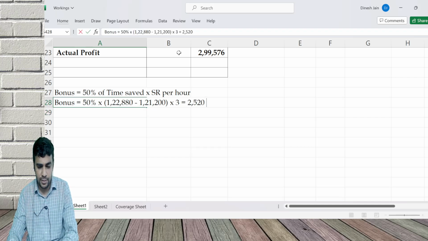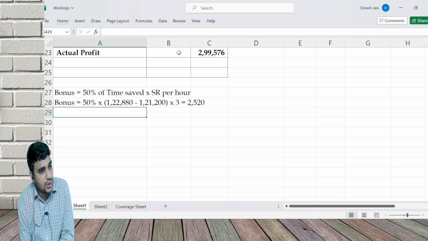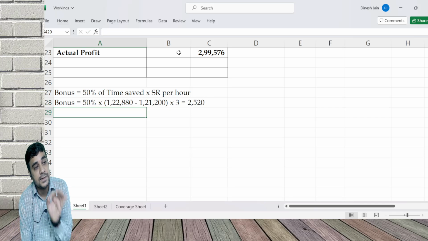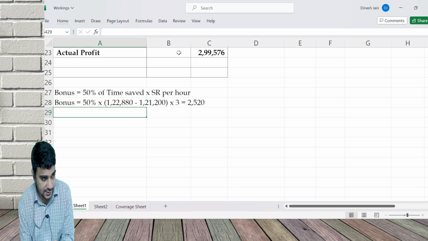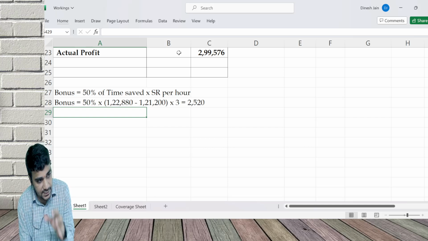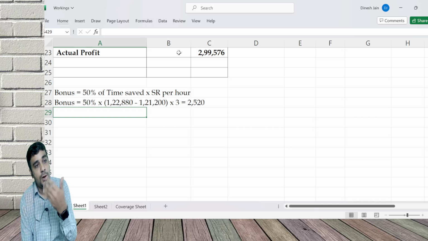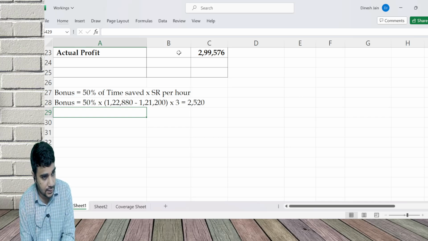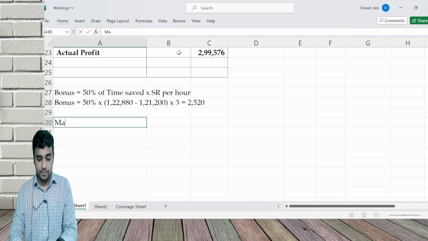Sorry, no, there's no favorable here. This is nothing but, in short, 50% of labor efficiency variance. In simple words, it is 50% of labor efficiency variance, because if laborers are efficient, you are paying them 50% of that. Clear? Last requirement, material